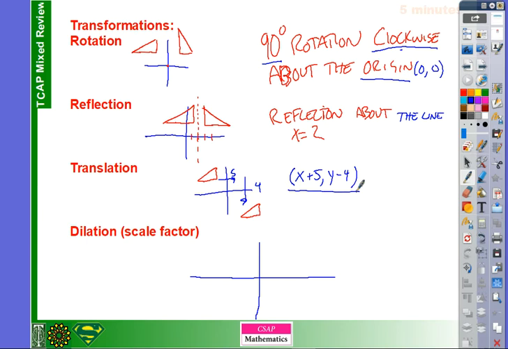Finally, the last one, dilations. Dilations are the only transformations that will make things larger or smaller. All the other transformations will make objects that are congruent, just not necessarily facing the same way or oriented the same way. When we talk about a dilation,